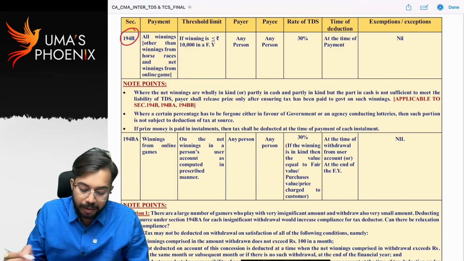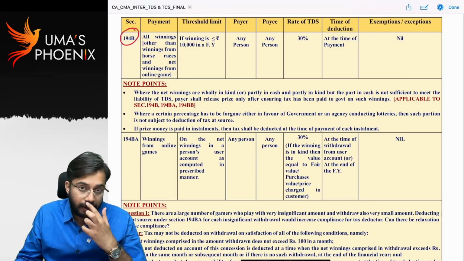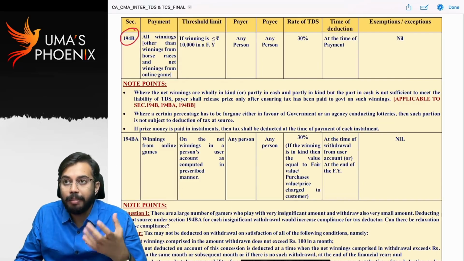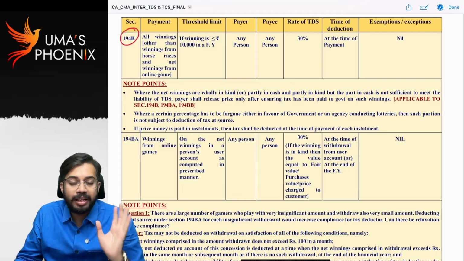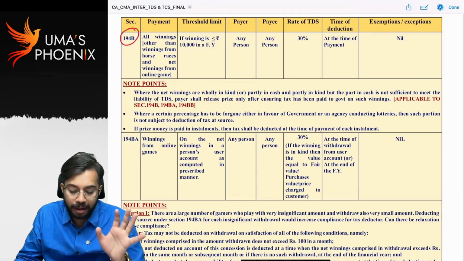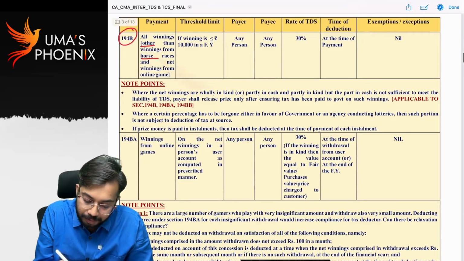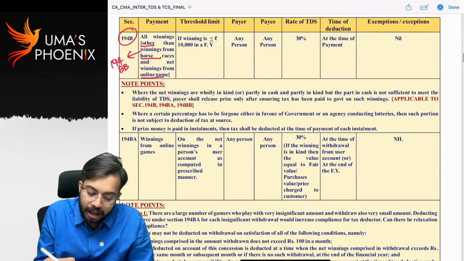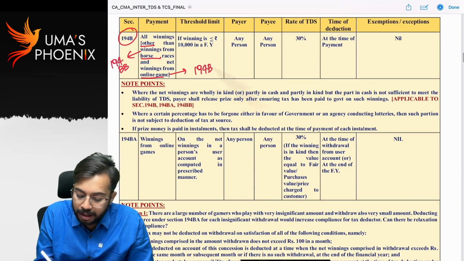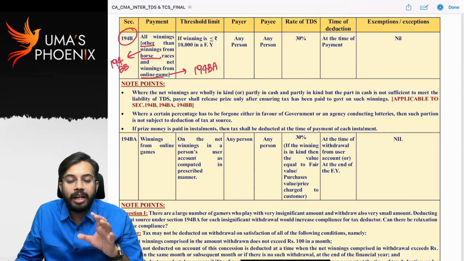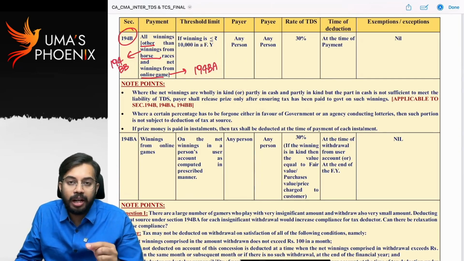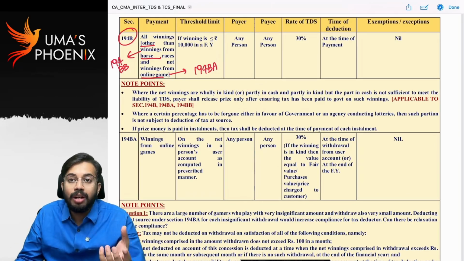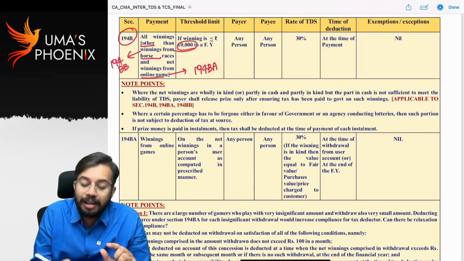Next, section 194B. 115BB: winnings from online games, winnings from betting, gambling, horse races, all these. On these amounts, before paying such amount, TDS is required to be deducted under section 194B. Other than horse races and other than online gaming, because for horse races TDS is required to be deducted under section 194BB, and for online gaming TDS is required to be deducted under section 194BA. So other than winnings from horse races and net winnings from online gaming, on all remaining winnings, game shows, crossword puzzles,